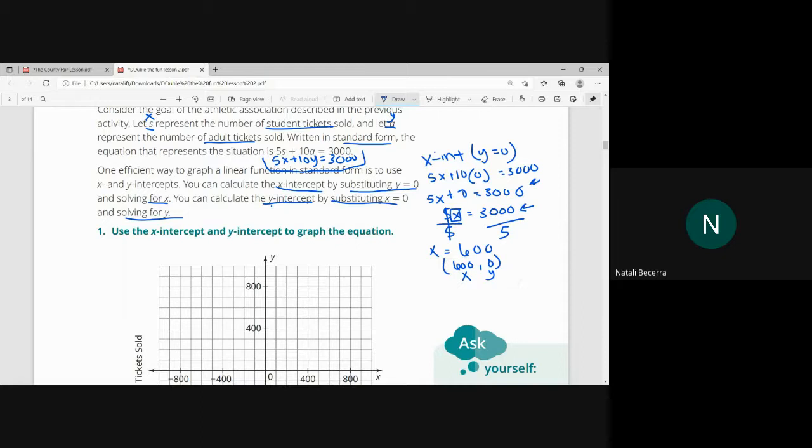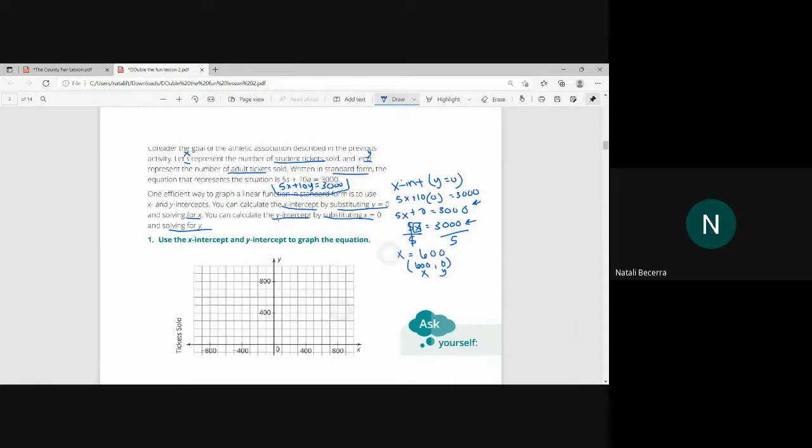Uh-oh, why is it not letting me scroll down? Oh my goodness. Okay,